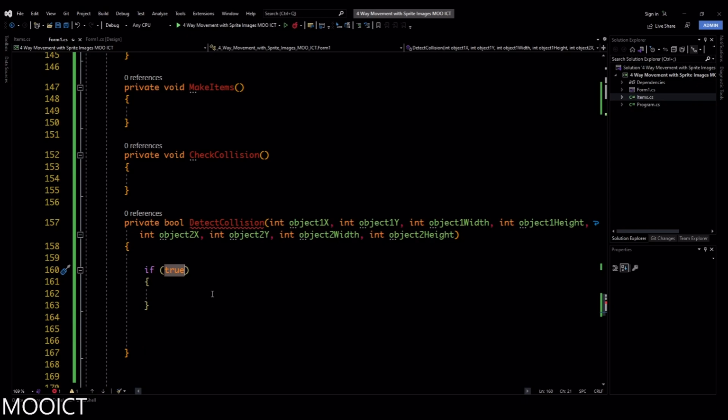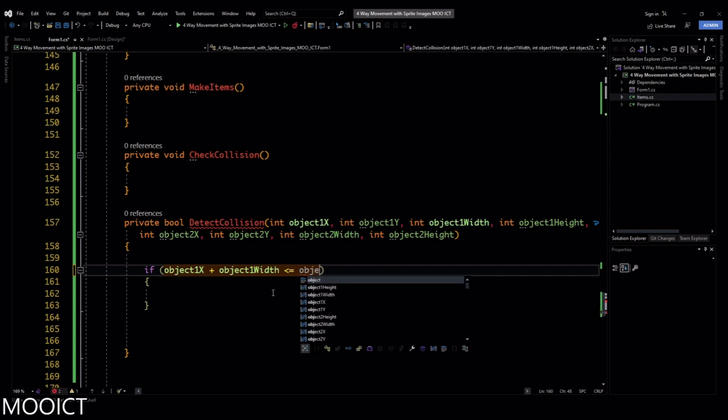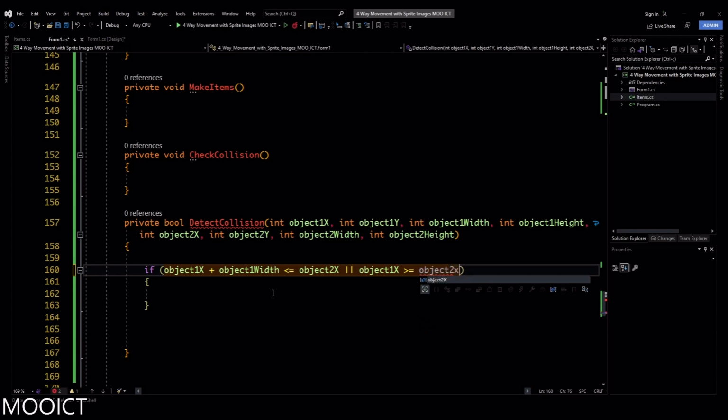Inside of the if statement, we're going to say if object1X plus object1Width is less than or equal to object2X, so if object 2 is on the right-hand side of object 1, or object1X is greater than or equal to object2X plus object2Width,